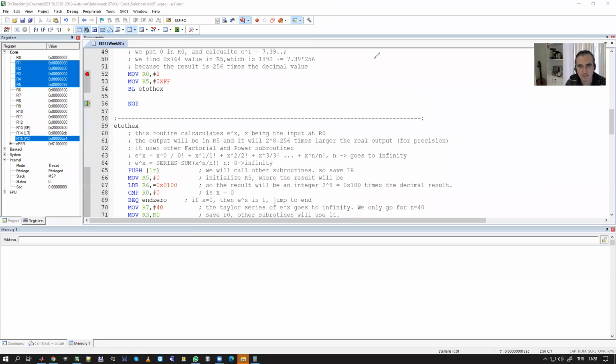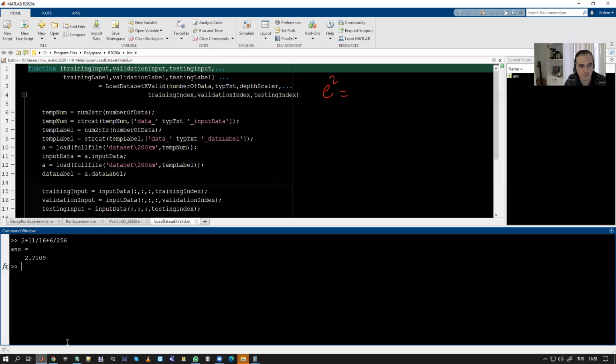So let me write it in red. e to the 2 is equal to, let's calculate, e to the 2 is,